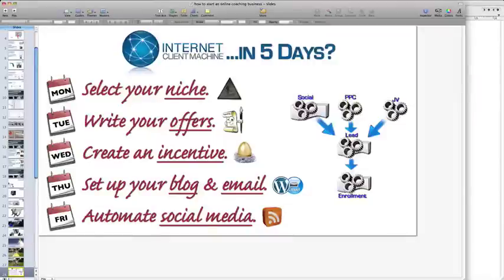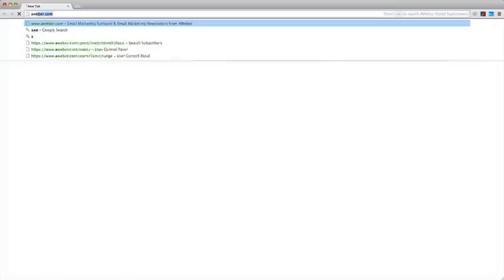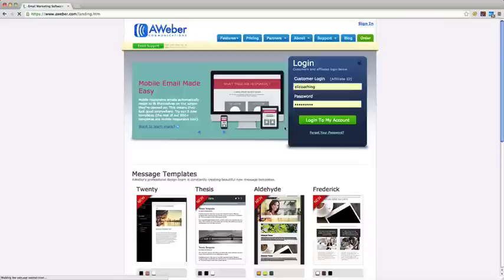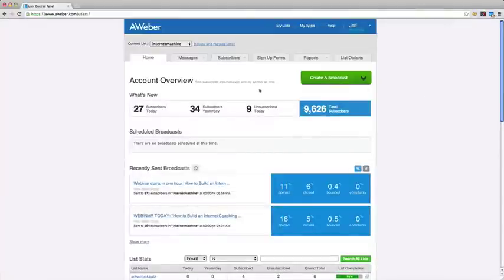Let's just open up a browser for a second. I'm just going to go into one of my client databases. I'm just going to go ahead and sign in. We're switching over to Infusionsoft for our automation, but Aweber does a pretty good job. Now this is where I need my pen. Let's see if I can make this work. Okay. So this number right here,